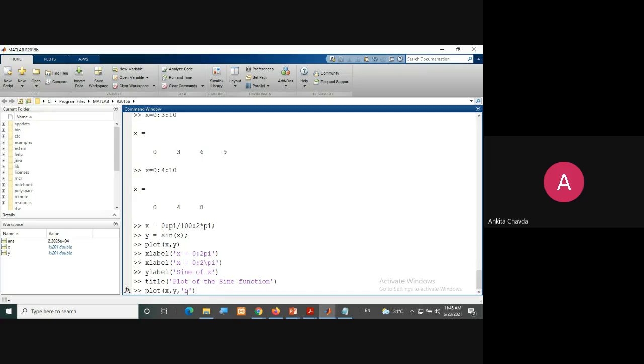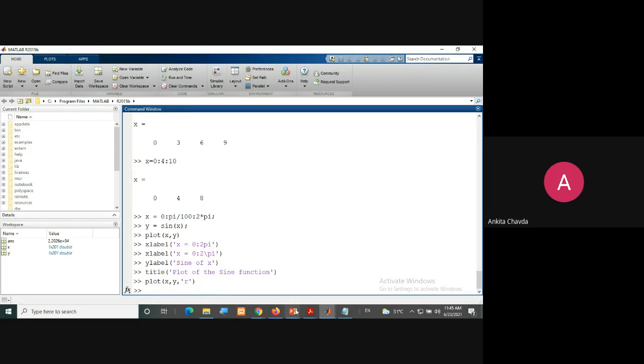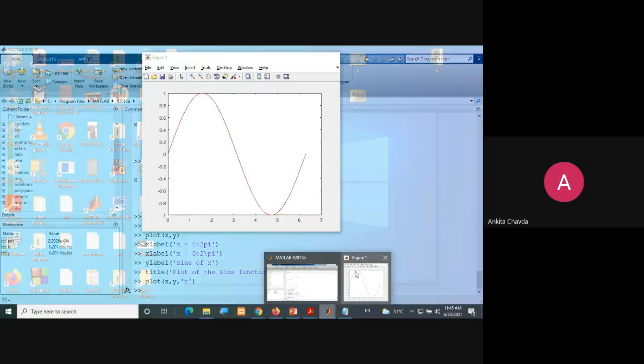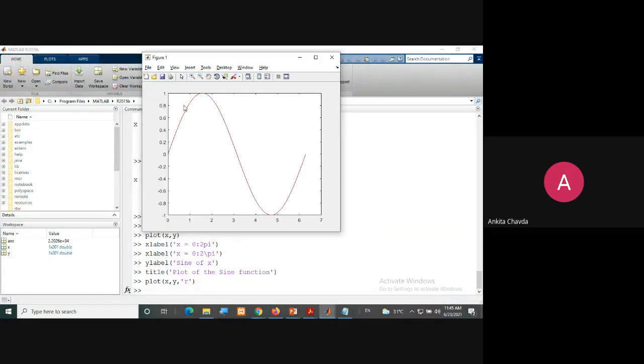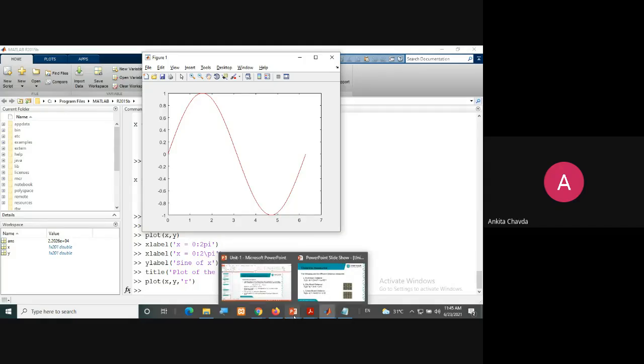For the color, you have symbols. Suppose for red, it is r. So whatever you are getting is now with the red color. Fine? Okay.